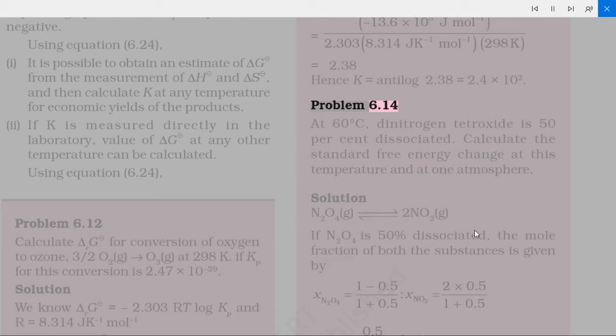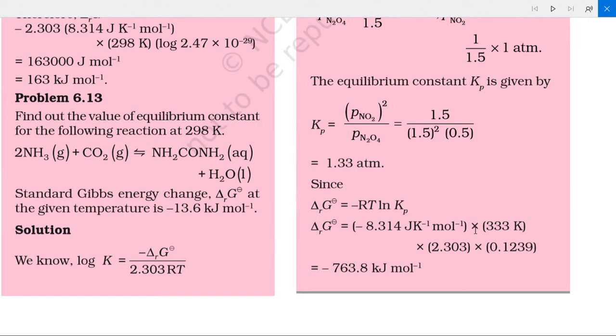Problem 6.14. At 60 degrees Celsius, dinitrogen tetroxide is 50% dissociated. Calculate the standard free energy change at this temperature and at 1 atmosphere. Solution: N2O4 ⇌ 2NO2. If N2O4 is 50% dissociated, the mole fraction of